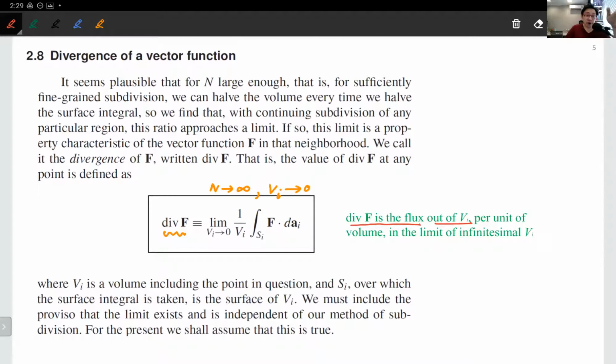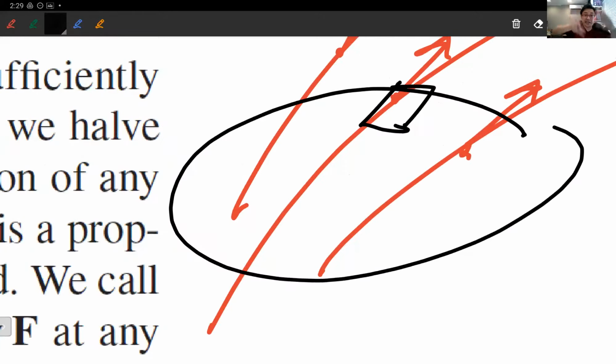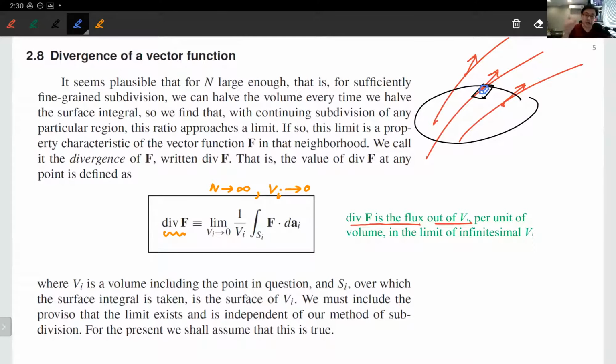One more time. Before, we assumed that there is some electric field vector. So we assume that there is already a vector field that can be represented as a vector function. And once you generate some surfaces, you can calculate the flux through the surfaces, no problem. That is just a surface integral. But now we are going to extend that idea of flux calculation further by looking at this and the slicing that we did up until now. Eventually it gives you a tiny volume that is attached to that surface integral every time you calculate that flux. So you are trying to think of the flux per unit volume. With me? And that quantity, we name it